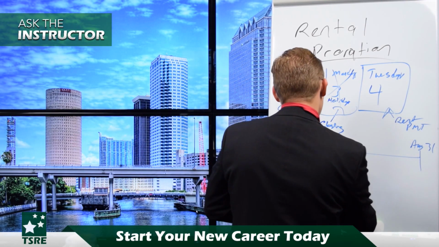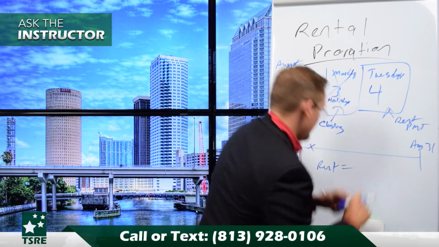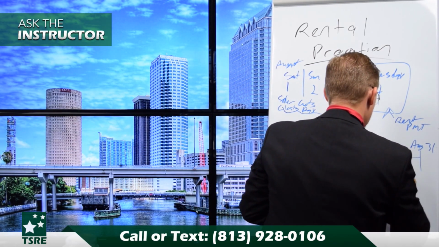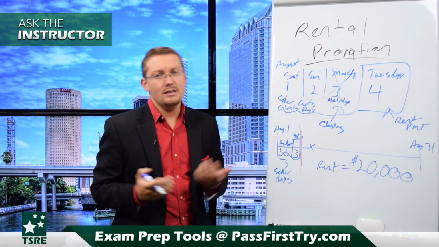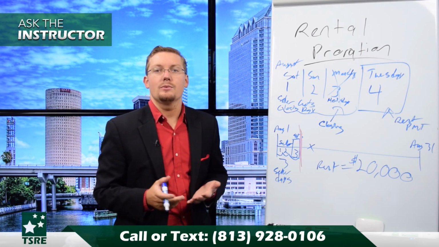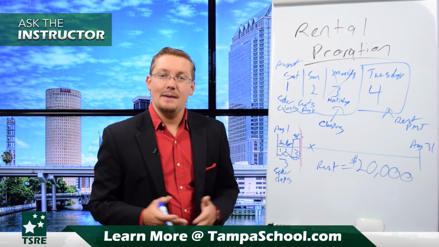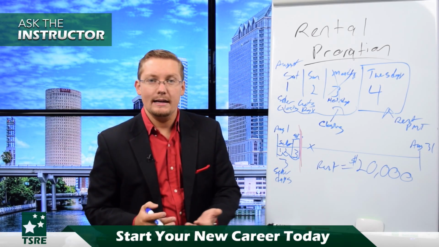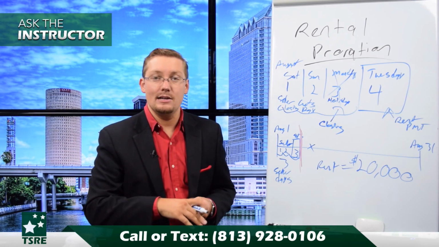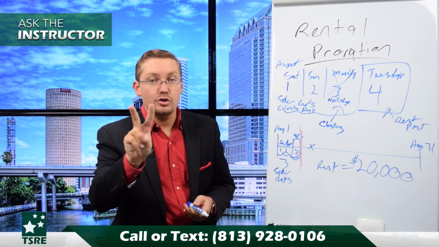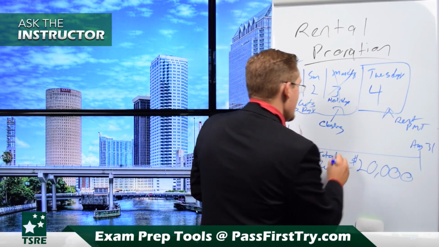So our entire rent for the month, let's say it's a large property and we're dealing with $20,000. It's multiple units. And this is another part that I want to stress for all these math word questions. In the real world, it's probably a little bit more obvious when you're dealing with a 20-unit property versus a 1-unit property. But maybe it's not so obvious on the exam, especially if they say something along the lines of maybe a duplex. That word duplex is not a number, so it doesn't stand out in a math question, but it ultimately is important because it tells you you're not dealing with one property, you're dealing with two properties, two sets of rent here. So you want to pay attention to the wording in these math questions, and that $20,000,